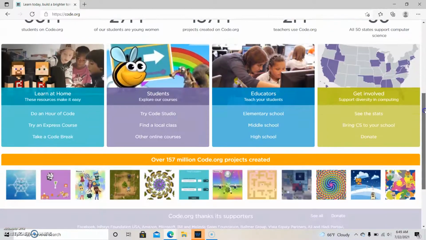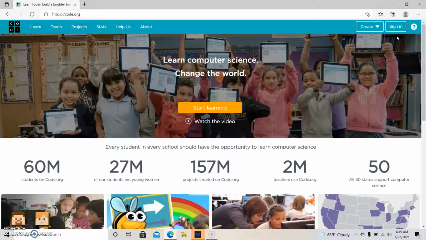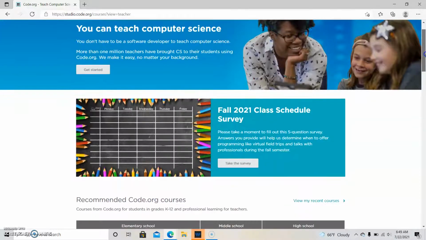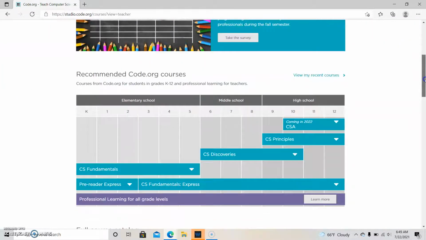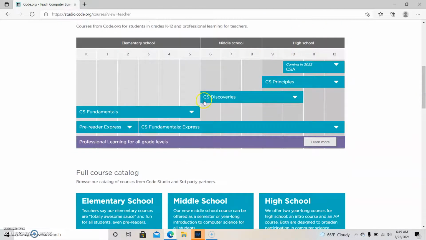So I feel like it's something we're going to need to know how to teach kids to do. So I've picked this website. I'm going to go here to teach. I picked this website because I tried a few other coding websites for kids and I felt like this one was the most intuitive. It kind of starts from the very beginning because I'm certainly not someone who's very skilled in coding. So I liked this because it was just